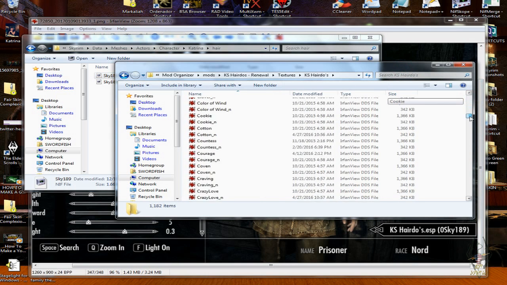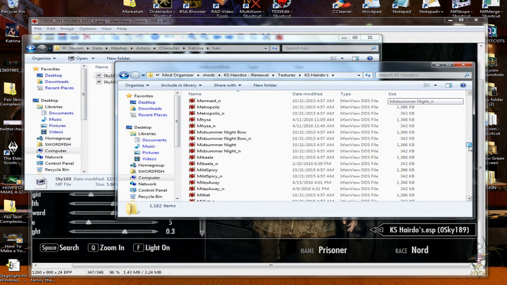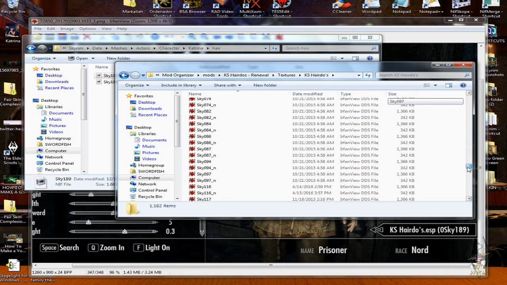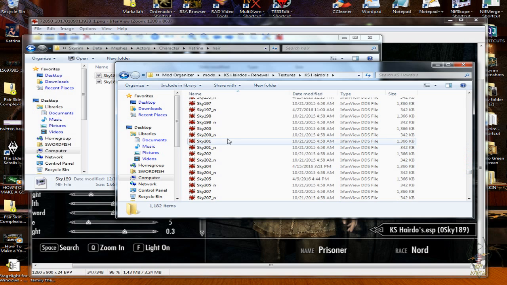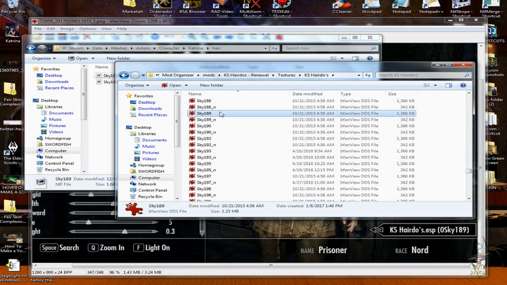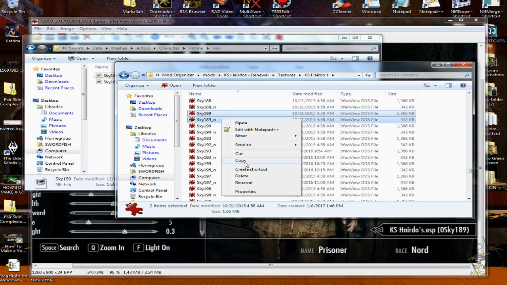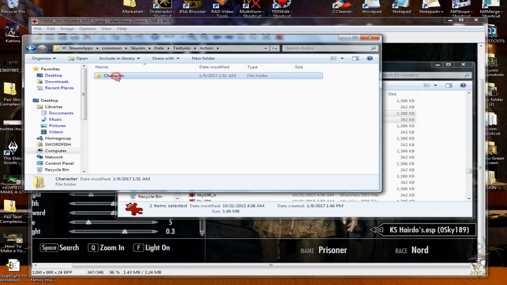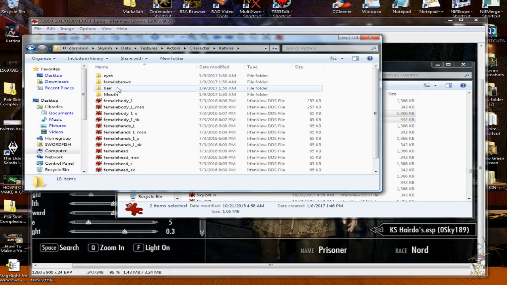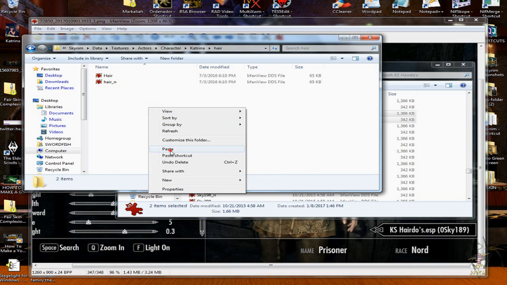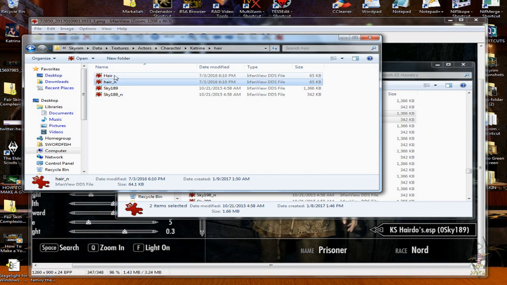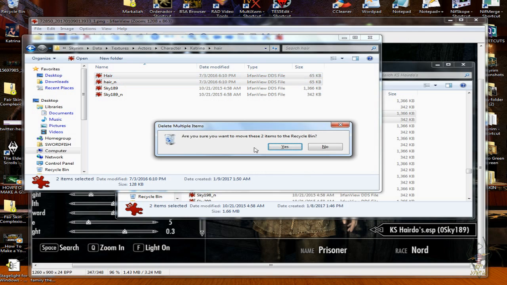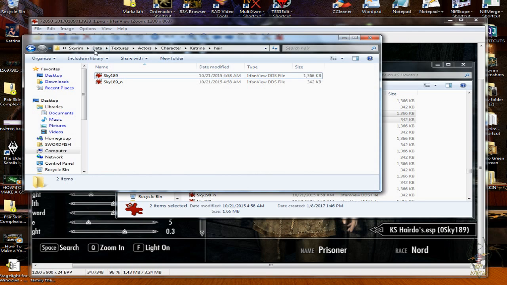Sky 189. So we will go back to the KS Hairdos folder, and I'll go down till I find Sky 189. Now I'm going to need both of the textures, so the texture and the normal map. So I'm going to copy both of those, and since I got them copied, I'm going to go to my textures folder, go to actors, go to my Katrina folder, go to hair, and paste those right in there, and I'm going to go ahead and delete that. Alright, now I'll go back to meshes,